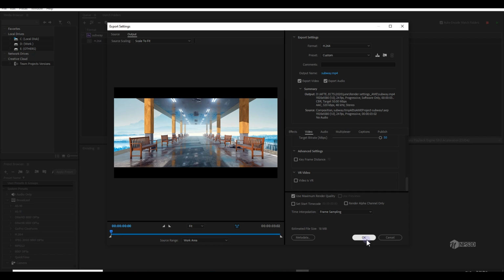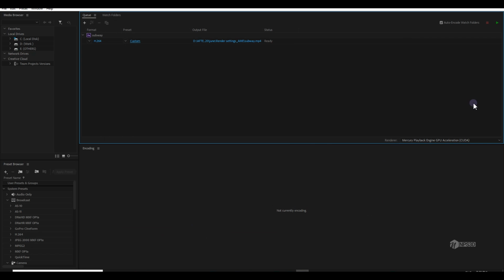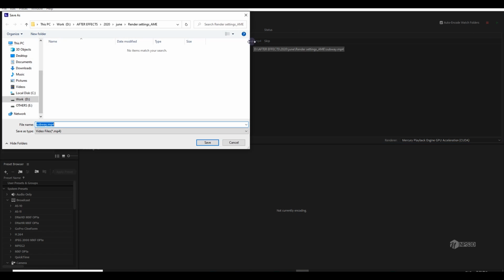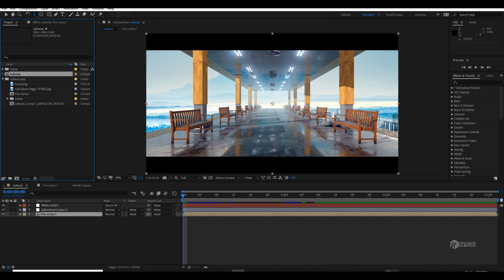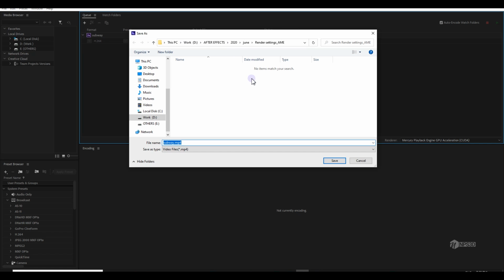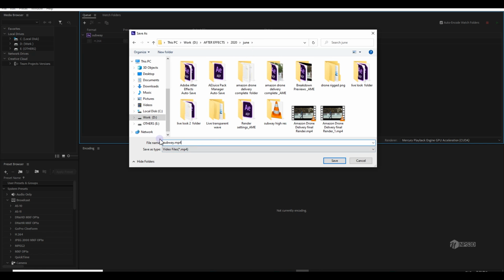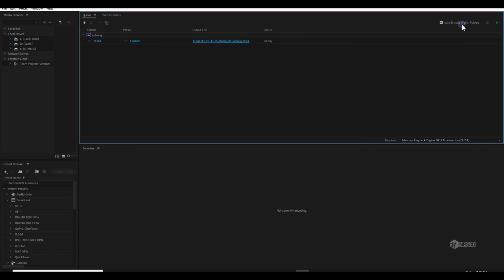So this is it, and you just simply hit OK. And if you set it to the VBR 1 pass, you can see both are the same for me in the size. So I will hit OK, and then I will simply select the output. Make sure, otherwise if you don't save your project here, it will directly go inside the temp. So you have to check it before render, and this will render in .mp4, which is also very good. So I will save and I will render it.